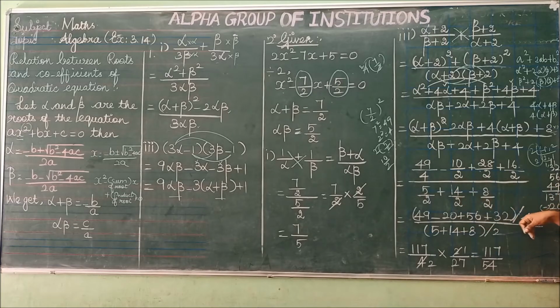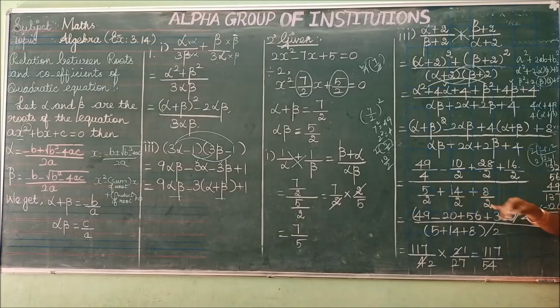Here 4 I have taken as common. In this term also, to change it to 4 you multiply and divide by 2. So 2 into 28 is 56. This 4 can be taken outside. In this step also, multiply and divide by 2, so 16 twos are 32, divided by 4, which is taken outside. So listen, all these denominators are the same, so you can take the denominator outside.